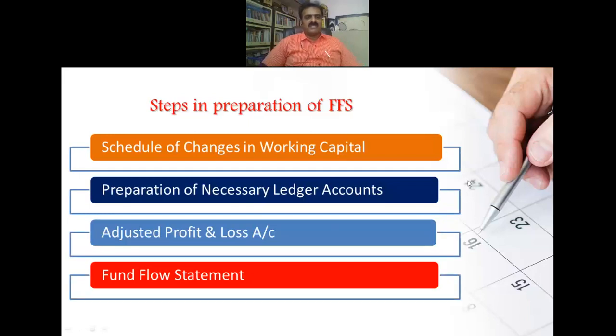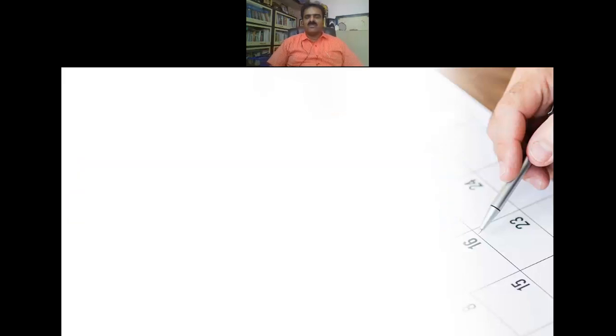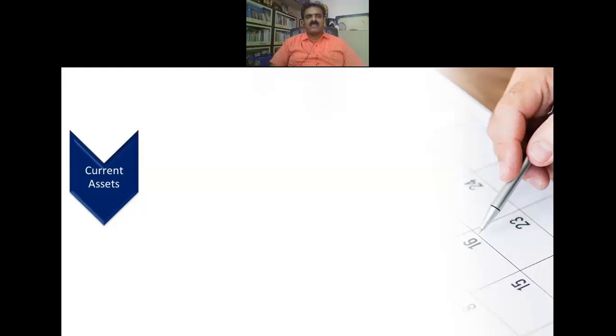Come back to the first step called the schedule of changes in working capital. To prepare the schedule of changes in working capital, as the working capital can be determined by way of deducting the current liabilities from current assets. That means current assets minus current liabilities. To deduct current liabilities from current assets, you need to follow certain rules of calculation,